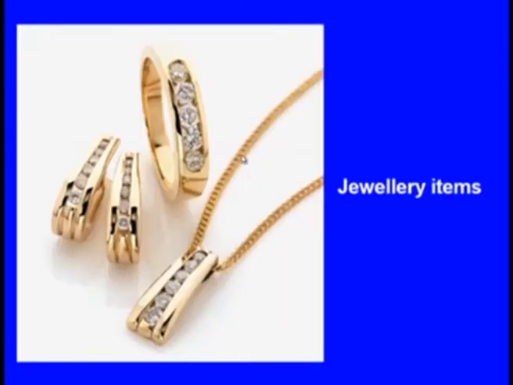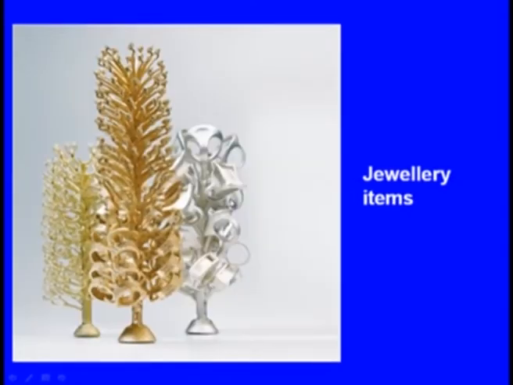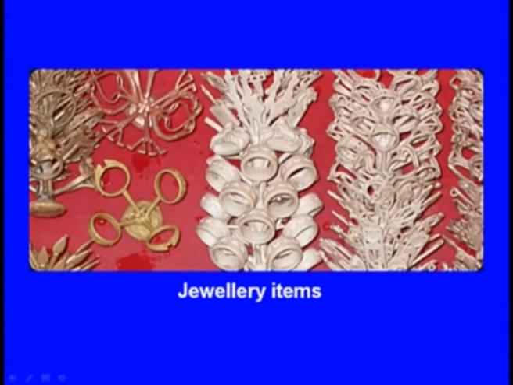Next, metal casting is also used in the jewelry industry. Now you can see these are all jewelry items. These are manufactured by metal casting. Again these are jewelry items, and of course these are all assembled. Later they will separate the different parts. Initially they make an assembled casting. These are all manufactured by metal casting.